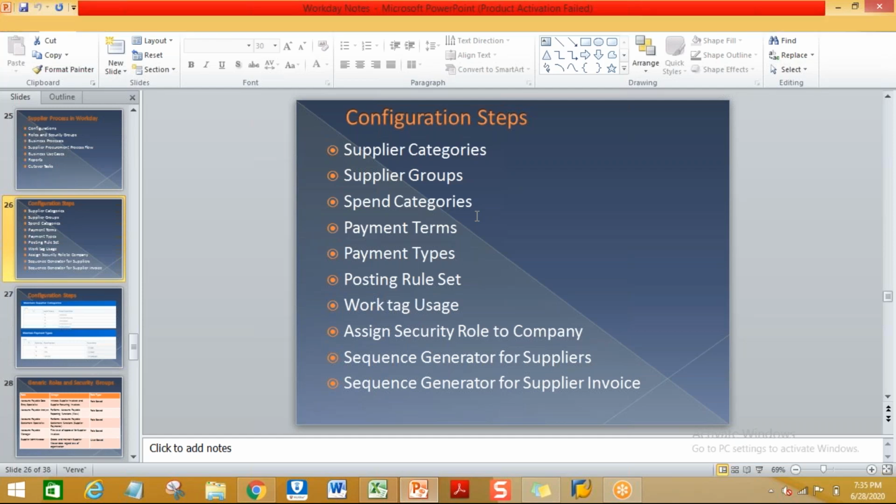We will maintain the spend categories with a combination of the GL accounts, because we use these spend categories while doing the postings.